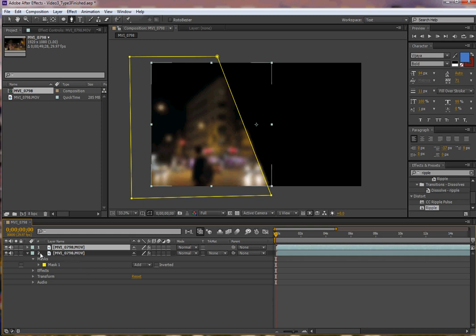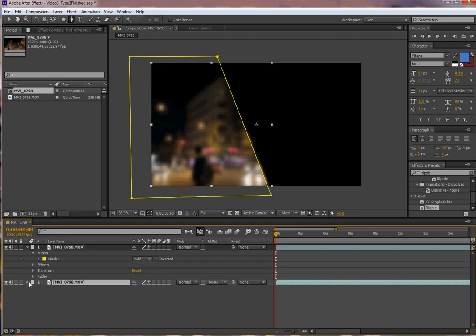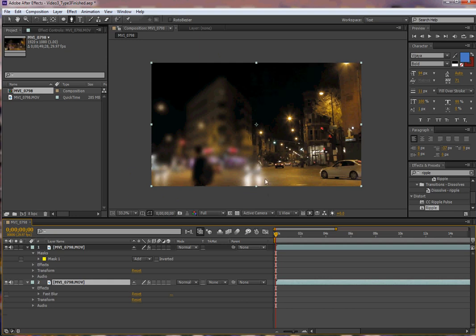But if I were to duplicate my layer, Control D, and since I've got this one open, I'm just going to drag this down. It really doesn't make any difference. Since I did a complete duplicate after I made the effect and have the blur on here, I'm going to turn off the blur, and on the masks, I'm just going to select the whole folder and delete it. And so now I've got a case where you can see the